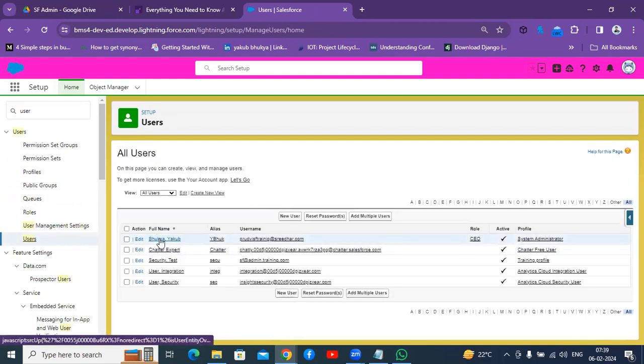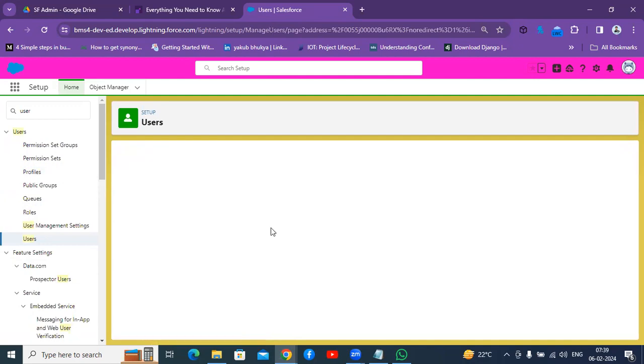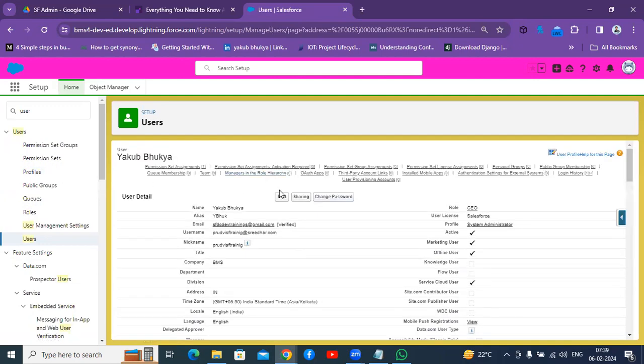I'm opening my user. You can see the role there; I assigned the role CEO, that's why it is coming up. Similarly, for any user, while creating it, you can see a role field. For that role field, you can add a value so that the person comes under that specific role. This is about roles and role hierarchies.